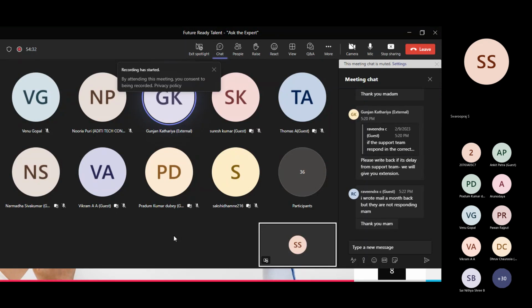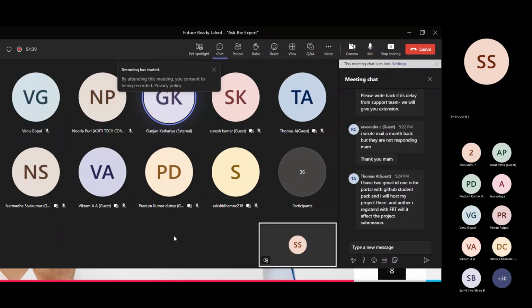I saw a hand go up and now I think it's down. Thomas, if you want to come off mute and ask your question. So I think Thomas has just posted his question, that he has two Gmail IDs. One is for the portal and one is with the GitHub student pack. So, Thomas, for you,